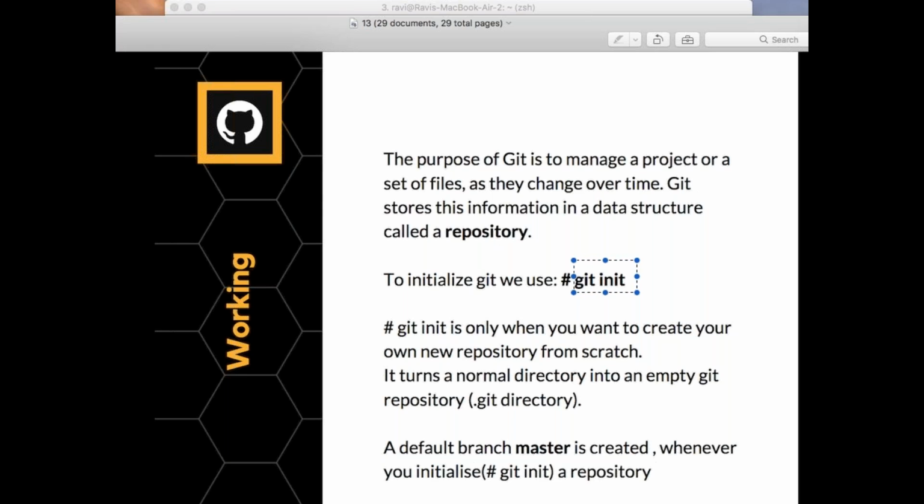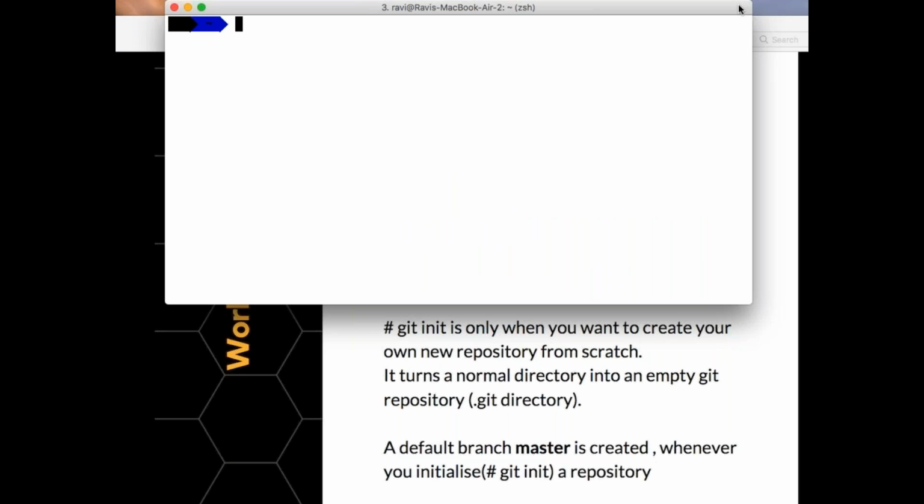And there is one more thing. A default branch, master, is created whenever you initialize your repository. So what I'll do first, I'll go to this specific thing. Now let me see if I got anything like web app. No. So I'll say mkdir websites. You can do the same thing with your own. Or how generally your developers work, they open that particular directory. Let me do that as well.